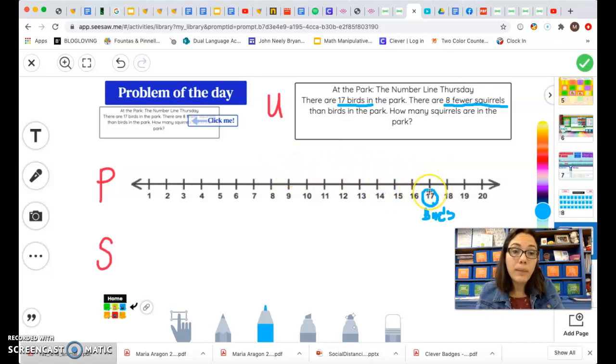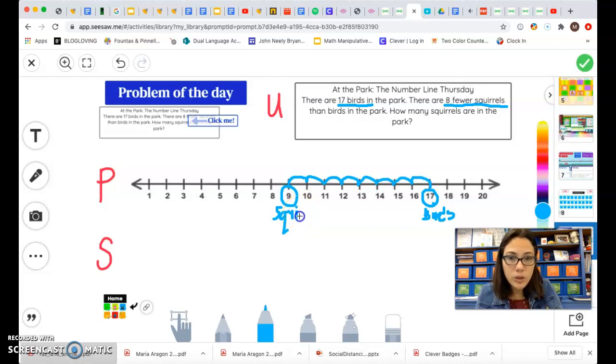So let me go ahead and go back. How many fewer were there? 8. 8 fewer than birds. So let me go back 8. It goes 1, 2, 3, 4, 5, 6, 7, 8. I found my answer. That's how many squirrels there are in the park, because I used a number line to find